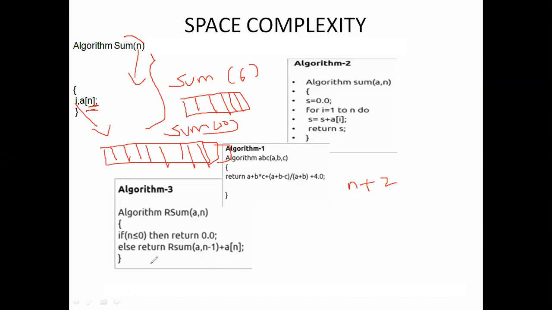So see another example here. Wait, I'm just copying another example.